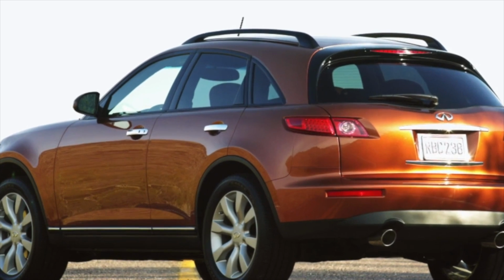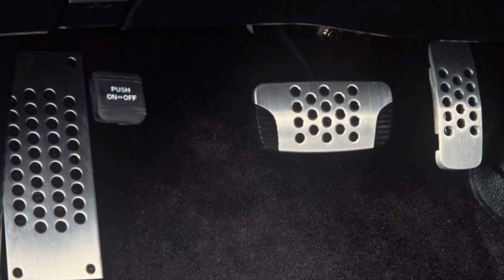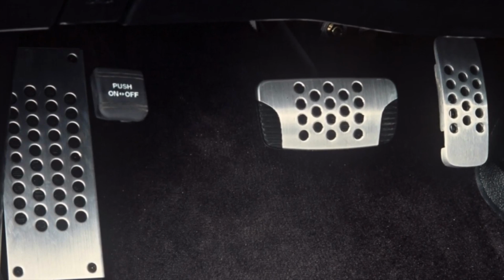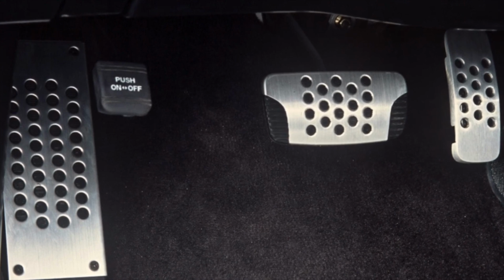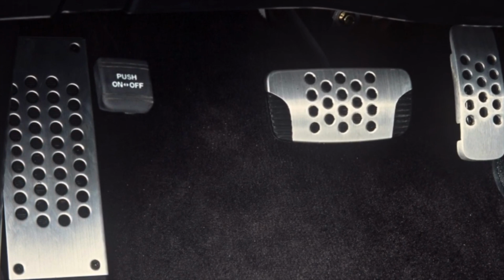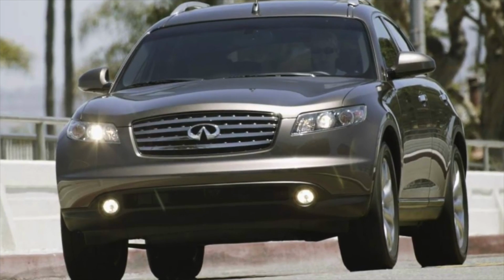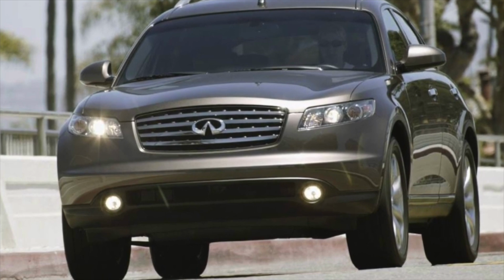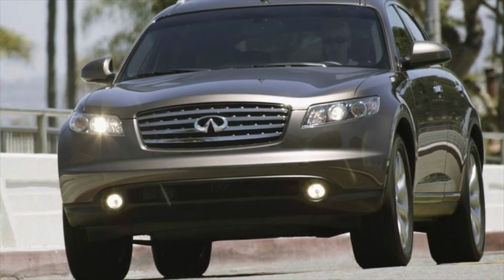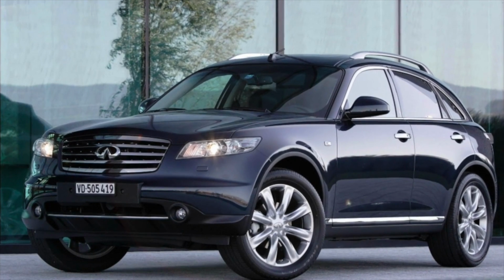The old age of the music system is manifested in the fact that it stops reading discs. It happens that over time the driver's seat becomes loose. In some cases, play appears in the steering column due to a device that lifts the steering wheel up for ease of entry and exit. And finally, so that the above does not create a misconception about the model, let's clarify that, in general, among the competitors of this premium segment, the Infiniti FX is quite good. It just requires timely prevention,